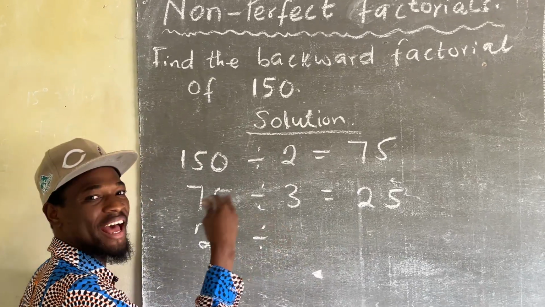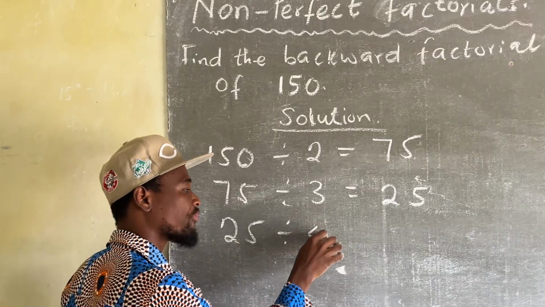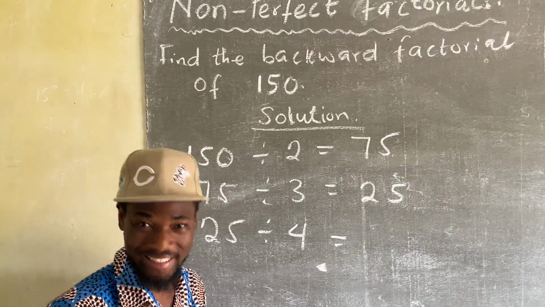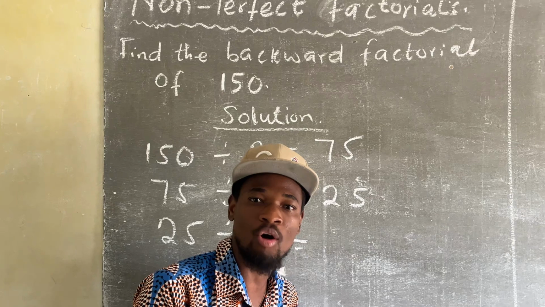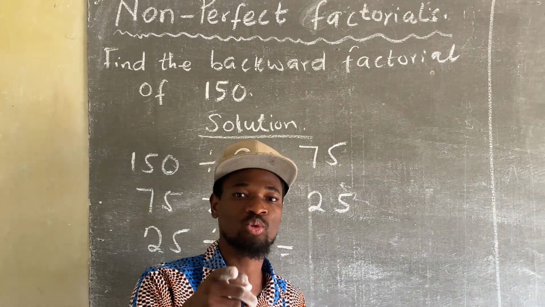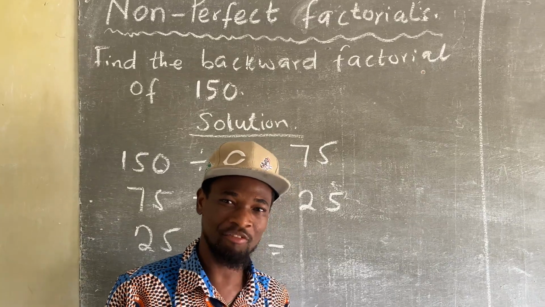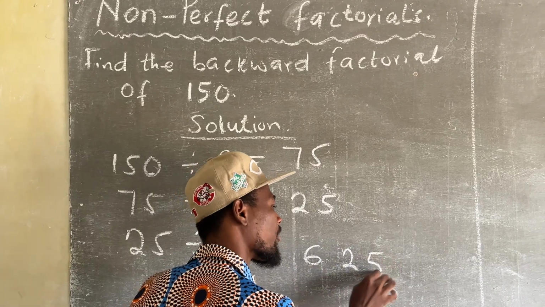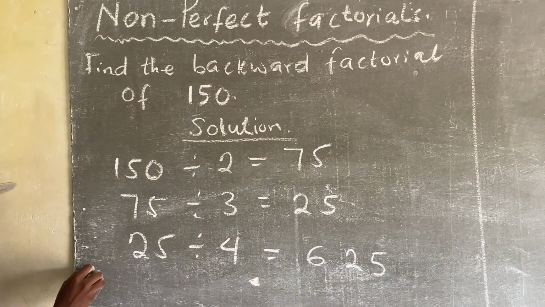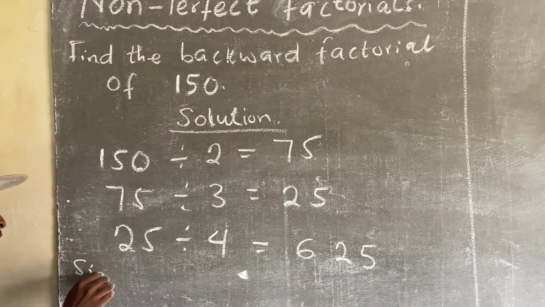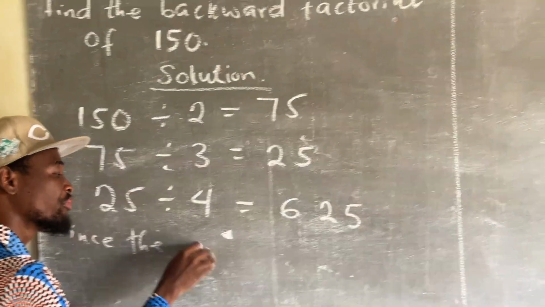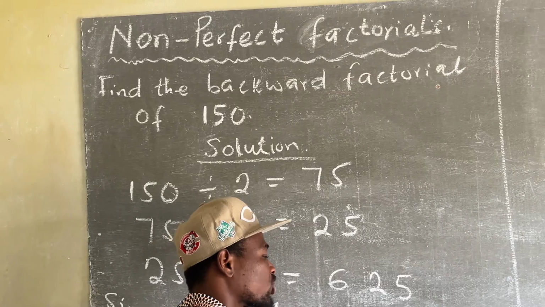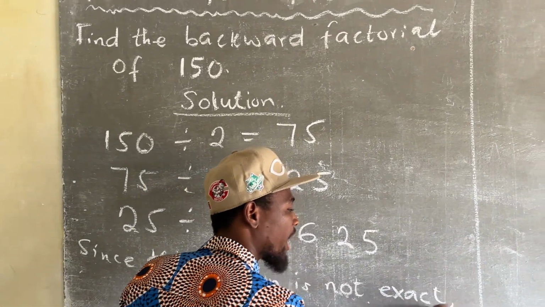Then divide by the next number after 3, which is 4. If I divide this by 4, I'm getting a decimal. I said whenever you get a decimal or a fraction, that means it is not a perfect factorial. So I have 6.25. So we say, since the division is not exact,